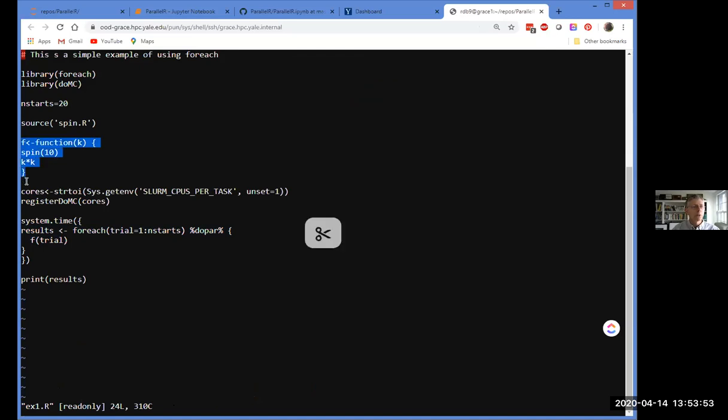Here's the function definition, which uses spin, and I abstracted spin out into another file here, so it's being sourced. N starts is set here, so our loop here is going to be from 1 to 20, and then just the standard library initialization up here. So this is logically very similar to what I've been showing you in the Jupyter Notebook so far,